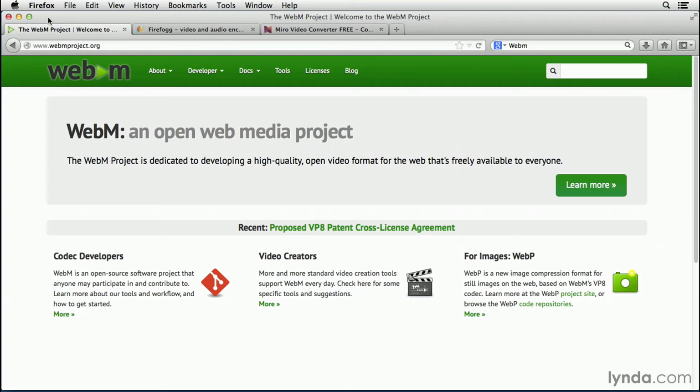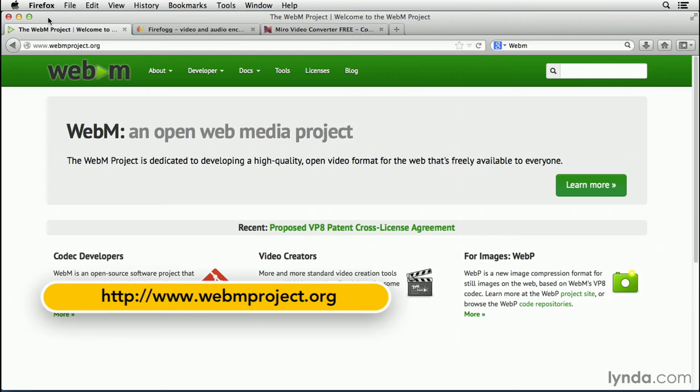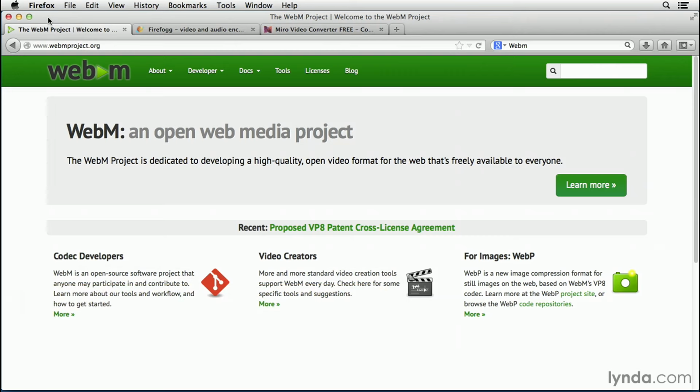The new kid on the video block, when it comes to HTML5 video, is an open standard called WebM, and you can learn a lot about it just by coming to this web page. But we're going to be concentrating on creating WebM rather than reading about it. Though there are a number of applications that allow you to create a WebM file, I will be concentrating on